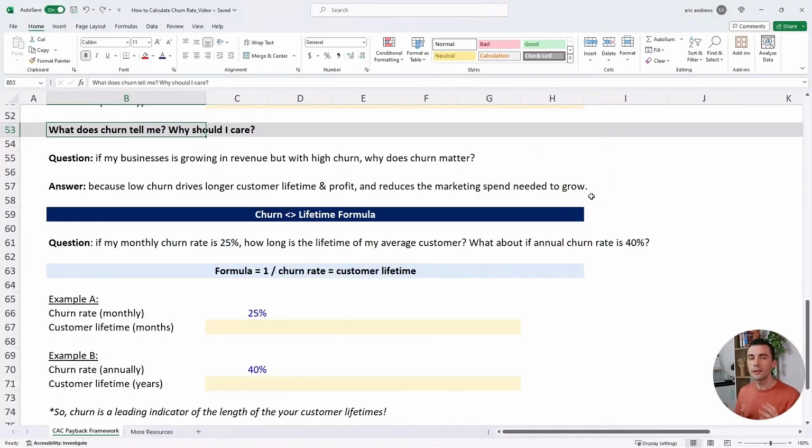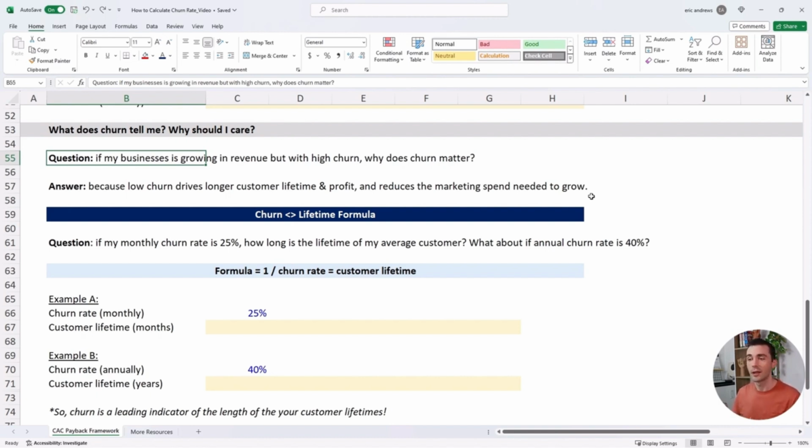Fundamentally, what does the churn rate tell us? Why should we care? What does it tell us about our business? So here's a question that some people have: if my business is growing quickly in revenue, but it has a high churn rate, does the churn rate